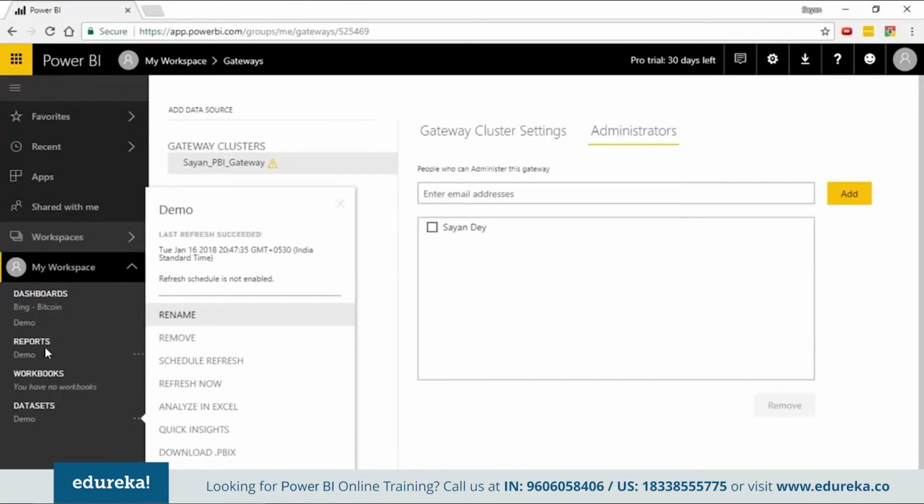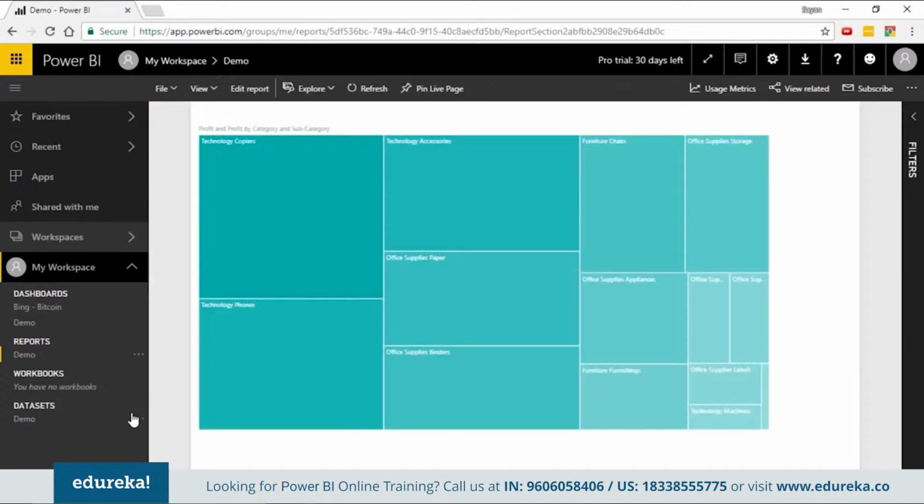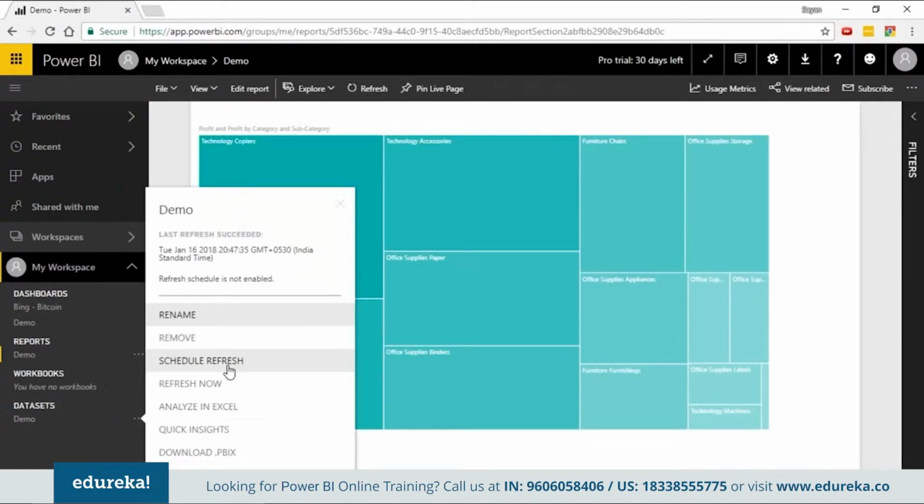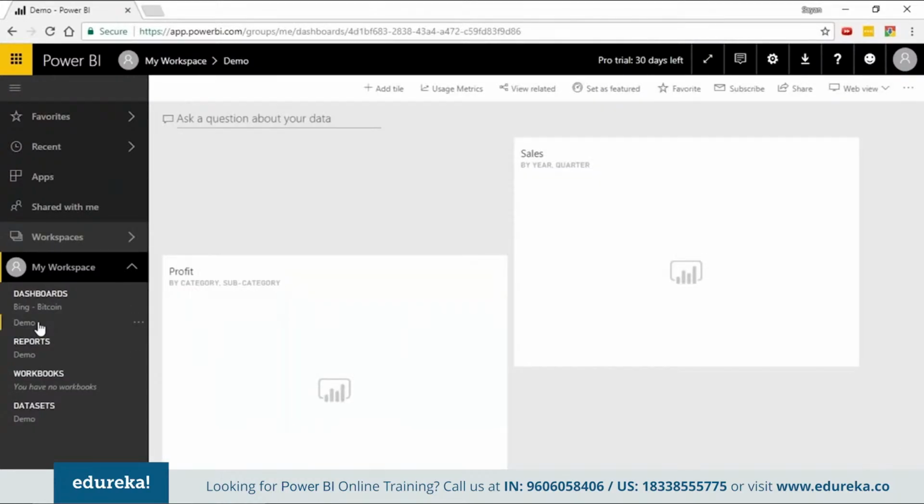Okay, this is basically what we call the model or data refresh. That is what you do using refresh now or scheduled refresh. Then we have something called tile refresh, which is something that we can do on the different dashboards, and